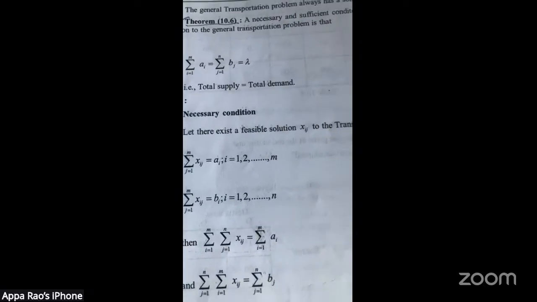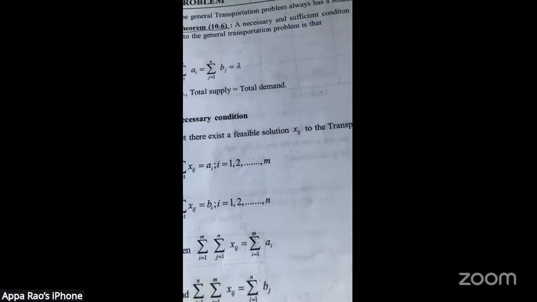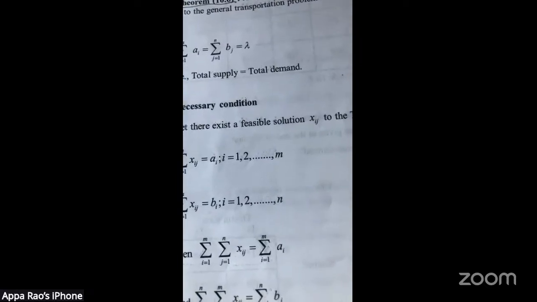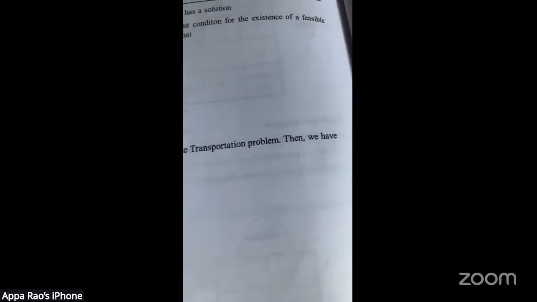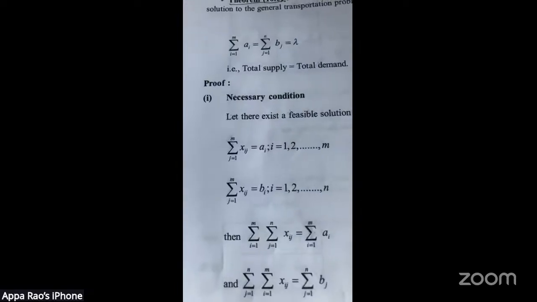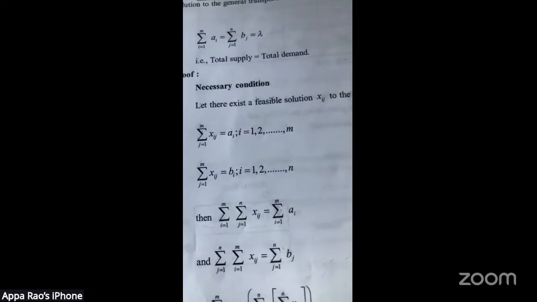Let there exist a feasible solution x_ij to the transportation problem, then we have